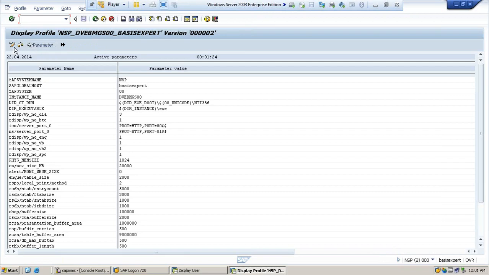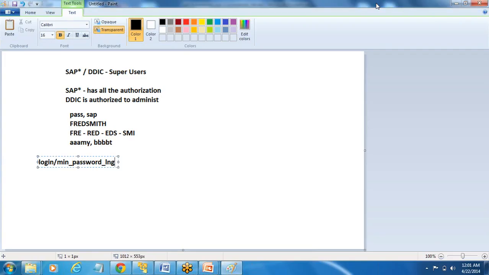If you want to create a new parameter, what will you do? You will create the parameter. So this is how you are going to create the parameters. I'm explaining that if you want to set a password length, you can set it by using these parameters. Similarly, if you want